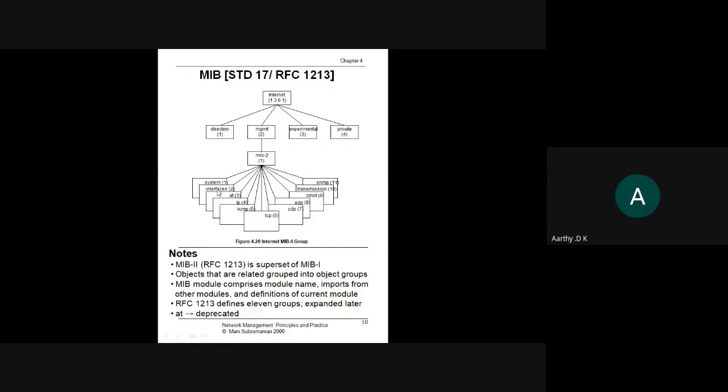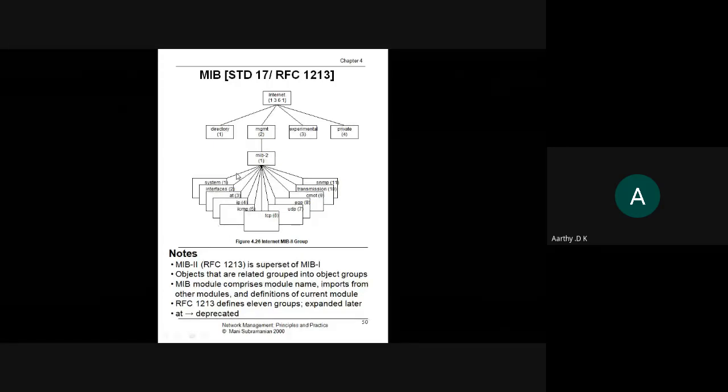The modules are system, interfaces, at, IP, ICMP, TCP, UDP, EGP, CMOT, transmission, and SNMP. These 11 modules are added in addition to whatever modules you have in MIB1. So MIB2 is a superset of MIB1. It contains all the features available in MIB1 plus the added modules in MIB2.